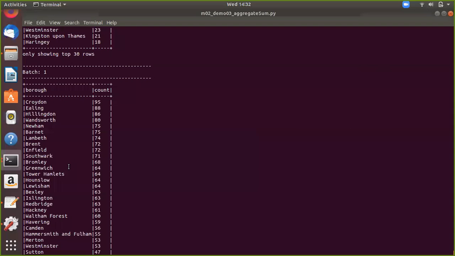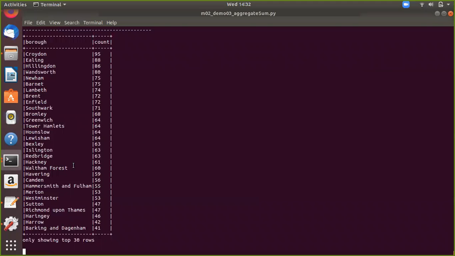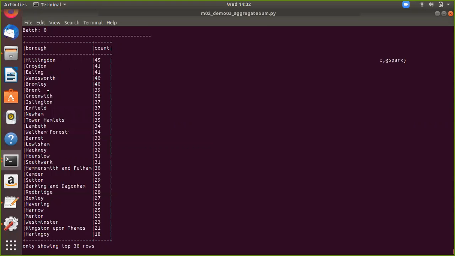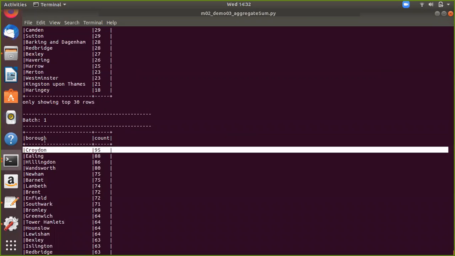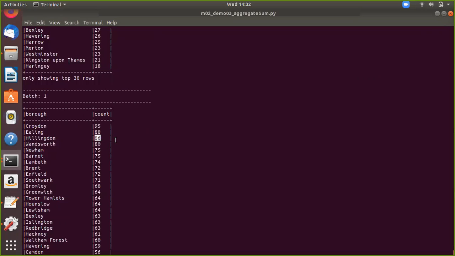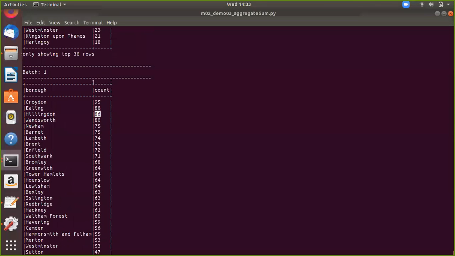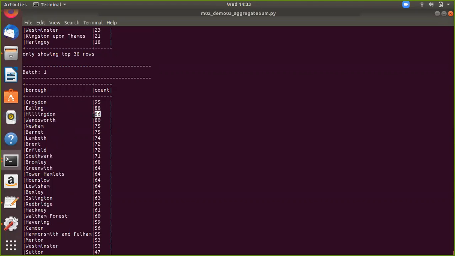Here the next batch is 100. If you look at the first batch and second batch, let's take one row. This one has a count of 21, and in the next batch it increased to 25. Similarly, if you take something else, healing, that changed to 86. So it is aggregating the records one by one. When you get the next batch, it will keep changing, taking the next records, and this value keeps increasing. According to the next file, it will do the aggregation again.